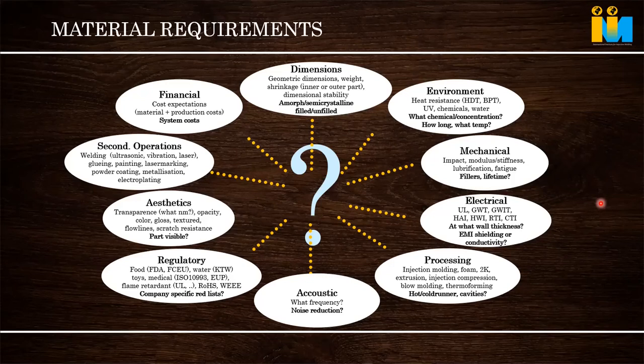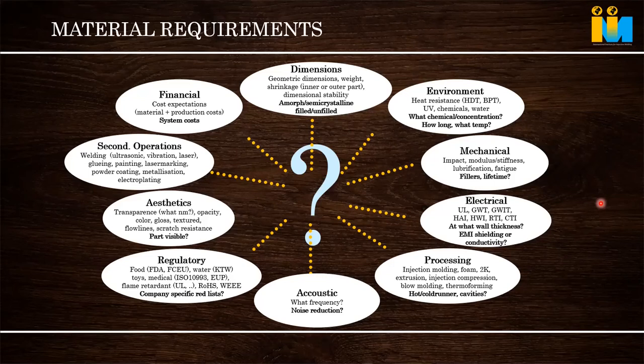It depends. It's a big process. Only qualified raw material experts can do that type of additive compounding to the raw material. Okay, then comes the process. What type of process, whether it's injection molding, foam, 2K, extrusion. In extrusion, some materials cannot be used, like nylon, because it has low viscosity and flows like water. So extrusion is difficult. We have to think of some raw material which has a better viscosity, lower MFI. So based on that also we have to choose.